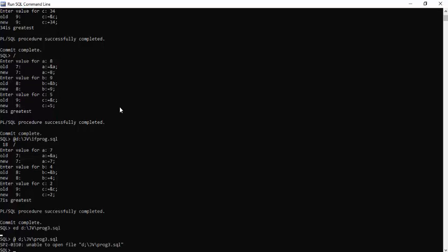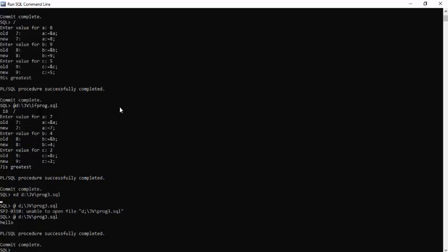To go to the previous command, just press the up arrow key. So it will return your previous command, and it will display your statement which you have written. So this is your PLSQL program section. You can try out all the programs in this way.